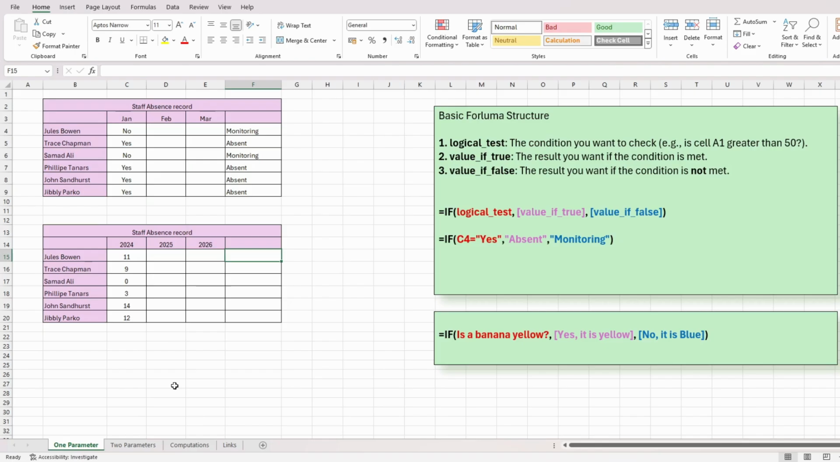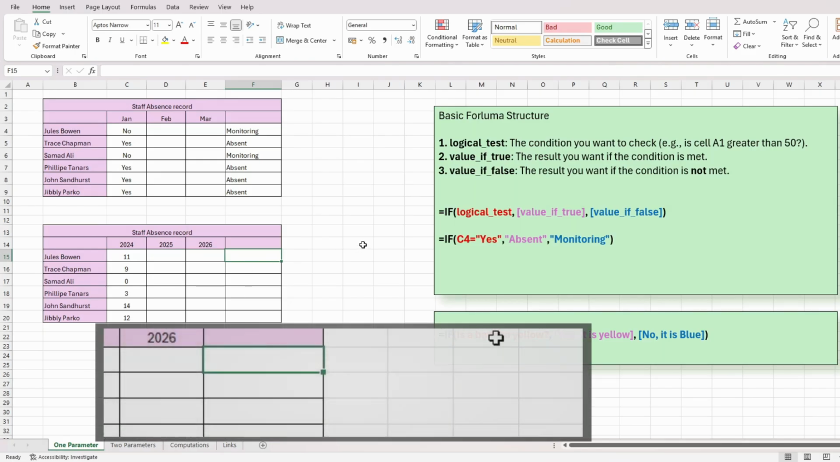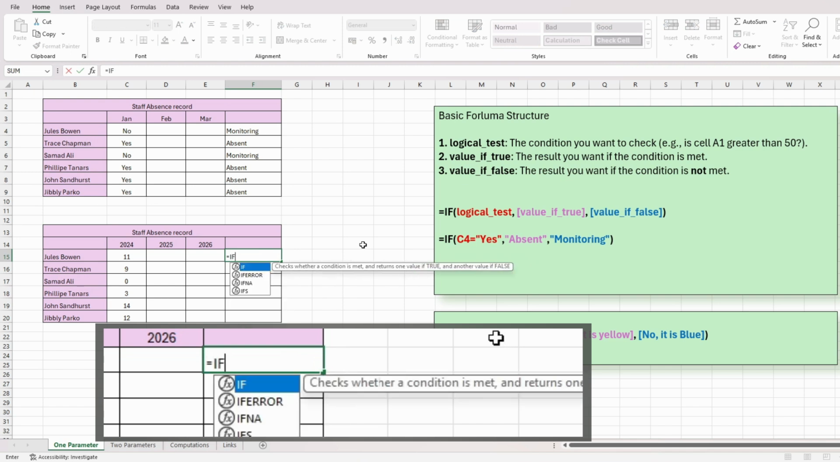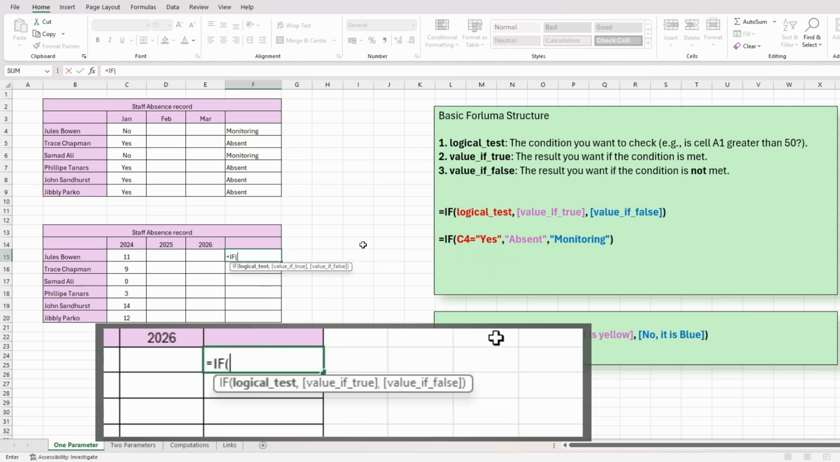Back to the table. Go to cell F15 and type equals IF. Excel now knows we are using the IF function. Open brackets, cell C15, the symbol for less than, 7, comma, don't put in a space, open speech marks, type in acceptable,